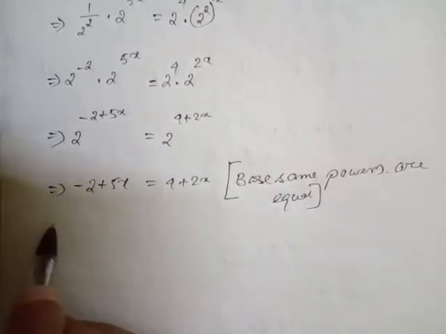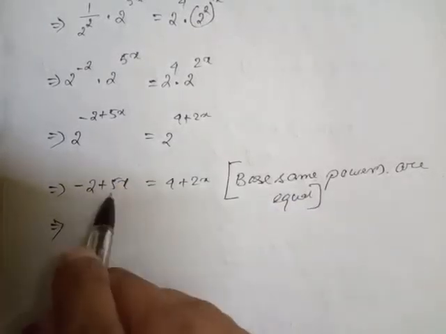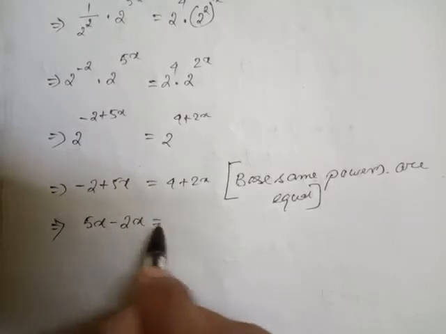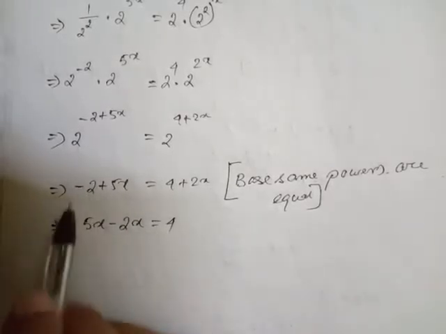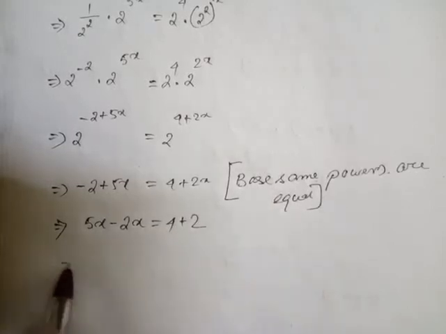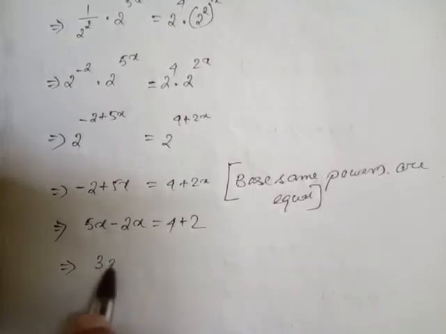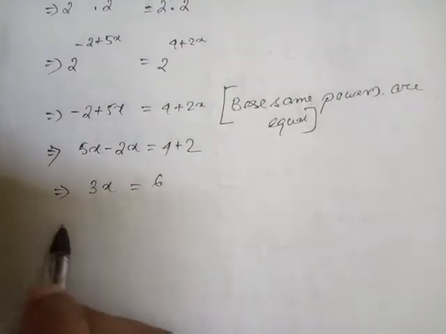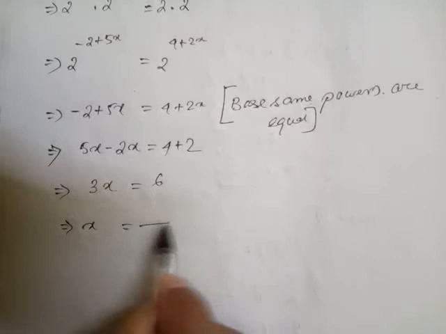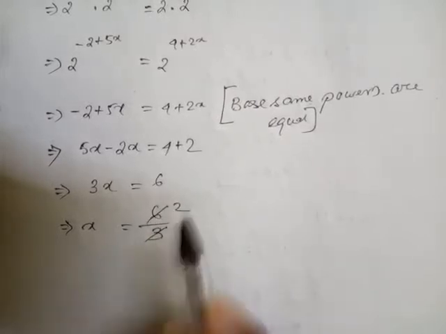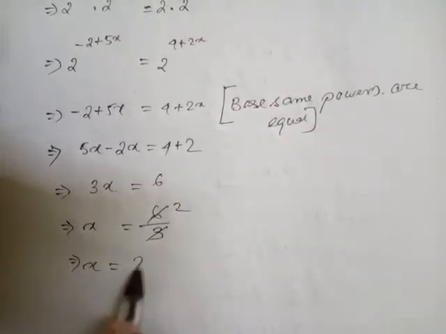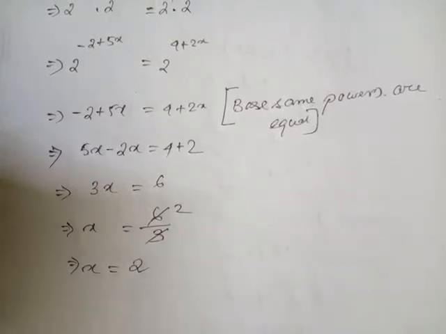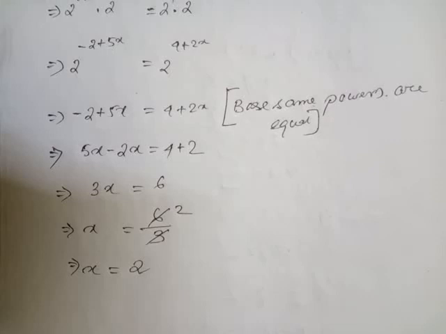Okay, now look here, there is 5x, so we'll write here 5x, take minus 2x to this side, then 4, if I take minus 2 to that side it becomes plus. Now look here, 5x minus 2x is 3x, and there is 6 only. Now if you want to find the value of x only, 6 by 3, 3 twos are 6, so x equal to 2. The value of x is 2 only here. This is the answer of 10 Roman 5.